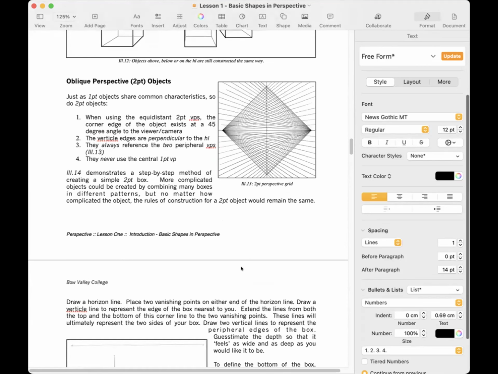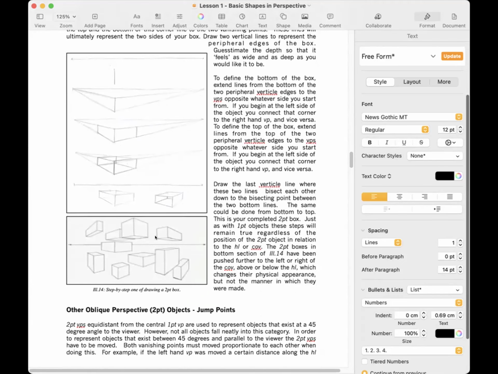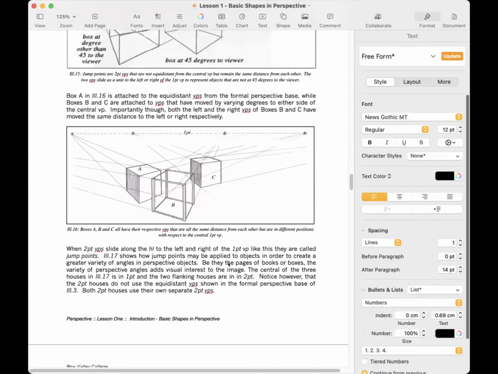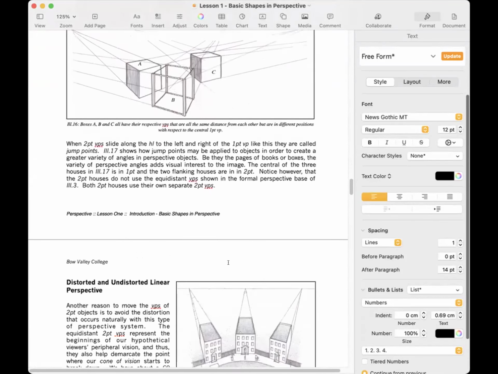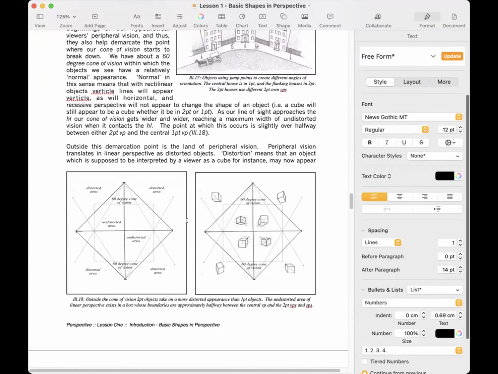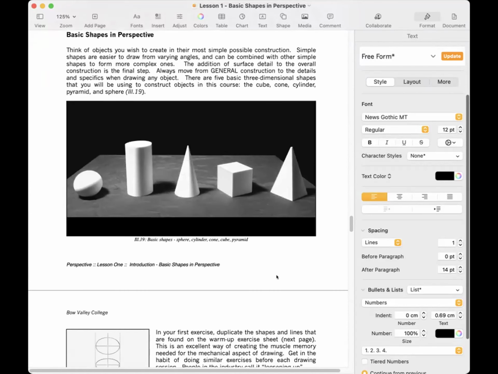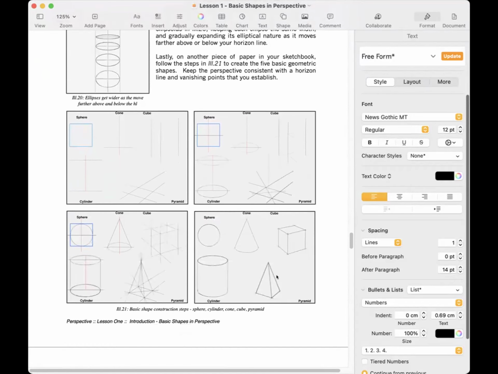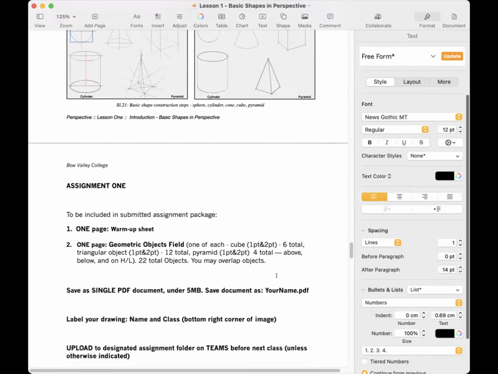Same thing with a 2 point grid, 2 point step by step, 2 point other grids, etc. These are what we have referred to as the other oblique objects. We'll be going over these in another class. Don't worry about them for right now. You will be referring back to it. You can safely skip over this at this point. The blending of all of those different objects in space, blending of 1 points and 2 points in space, the difference between distorted areas and undistorted areas, which we've kind of gone over. All the geometric objects that we're going to be using, some ellipses stuff that we're going to be going over next class. Don't worry about that right now.